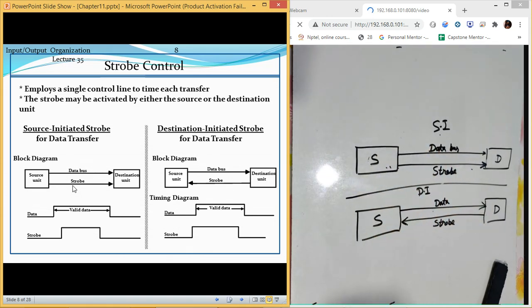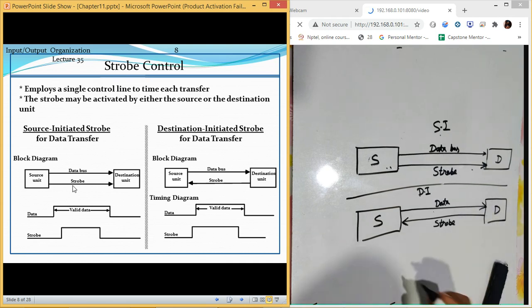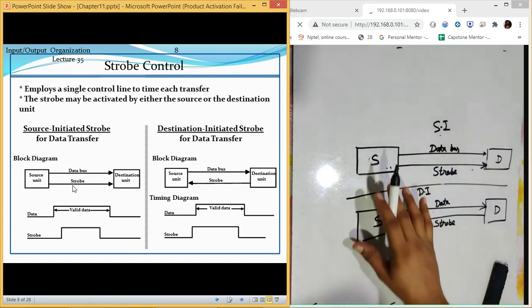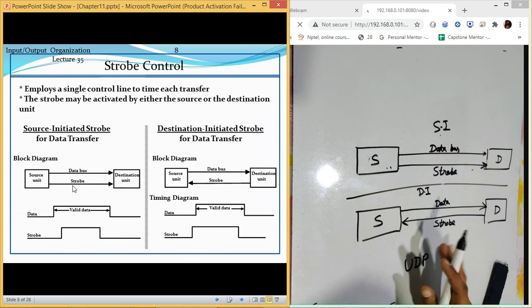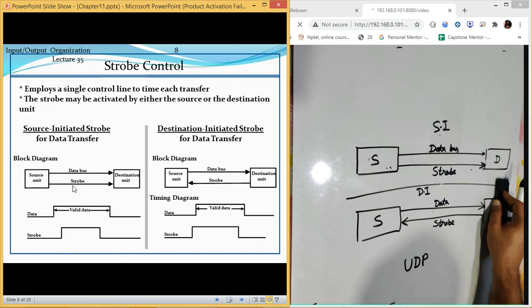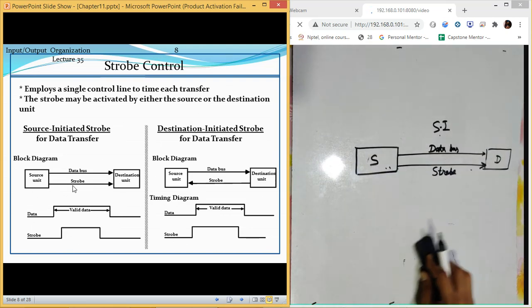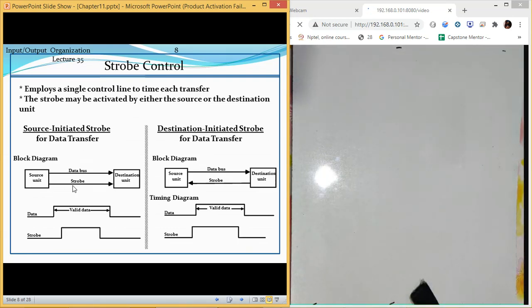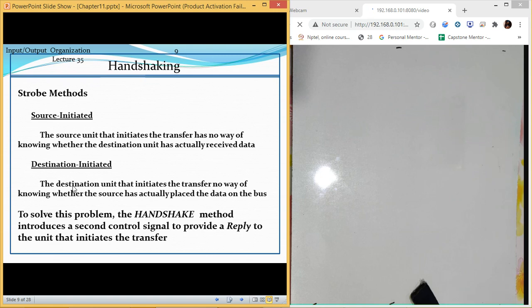It is something similar to, you might have done this in networking classes as well, UDP, user datagram protocol, in which once the data is sent, it does not bother whether the data was received or not. But in the case of handshaking, the second approach which we have, our sender will receive an acknowledgement, and that acknowledgement will make sure that yes, the data is received on the other end.